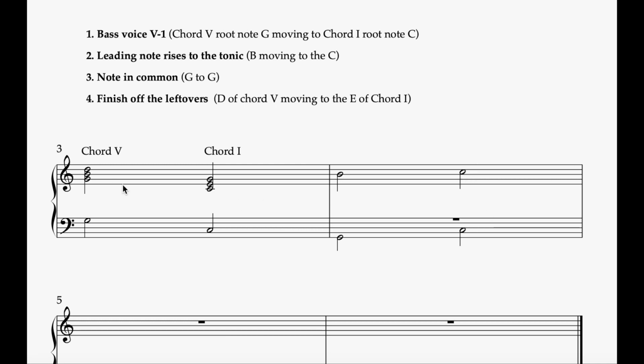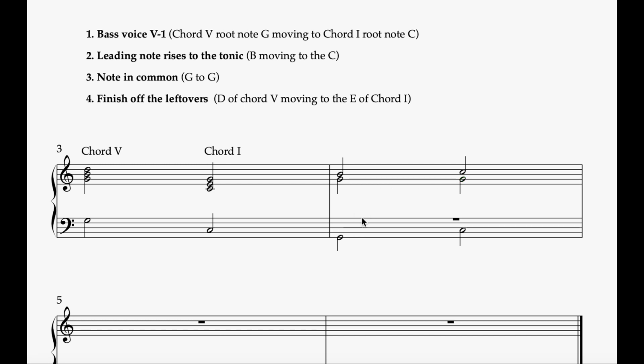Now you'll notice that these two chords have a note in common. They both have a G. So that's really useful for filling out a perfect cadence, because we can give the note in common to one of the voices. So in this simple formula, I'm going to give the note in common to the alto voice. So I've got the soprano there. Those stems will change in a minute because the soprano stems need to go up. So I'm going to put in the note in common, and I'm going to give it to the alto voice like that. So we have the soprano at the top, and then we have the alto underneath on the treble clef,